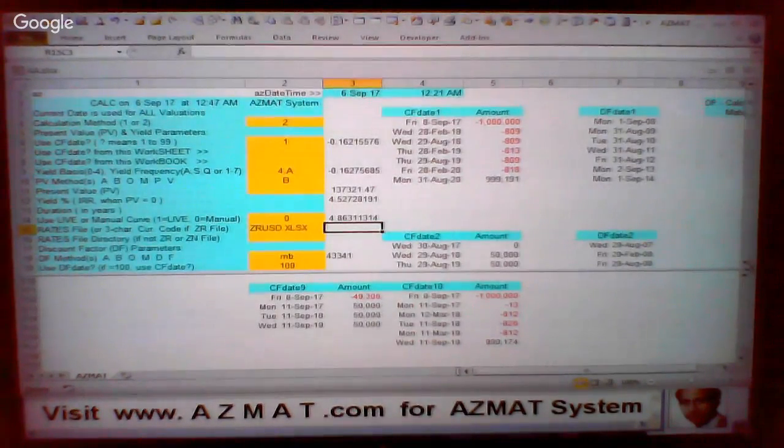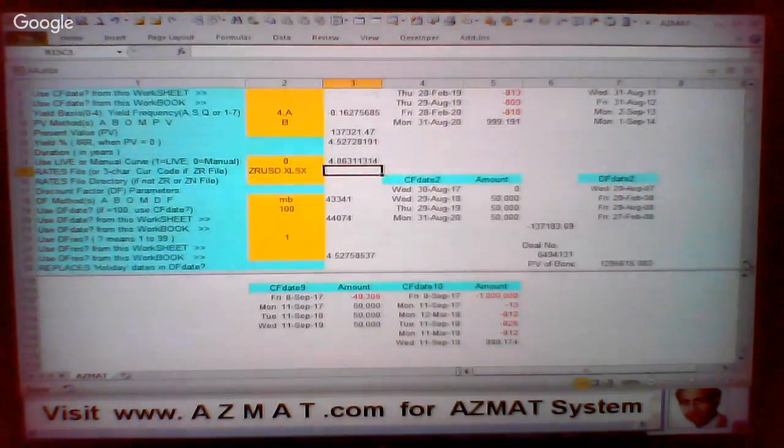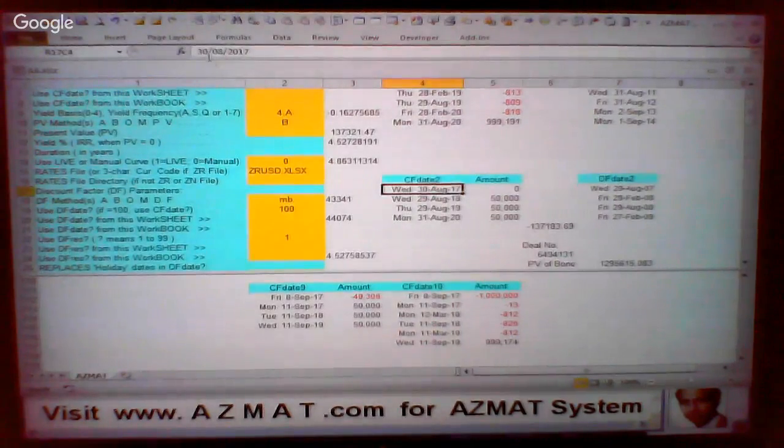Well, let's just do one more thing here. I'm going to change this, because it has to be beyond for this particular one. I'm going to use this one here,